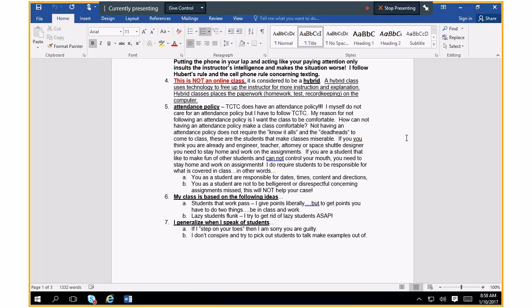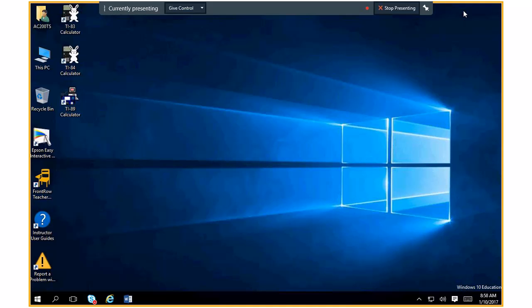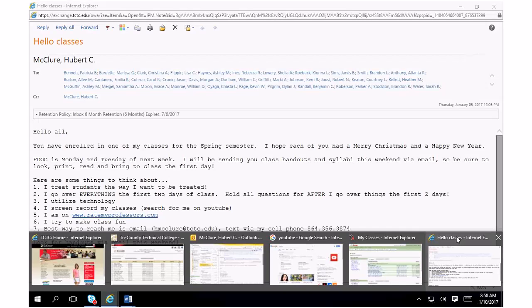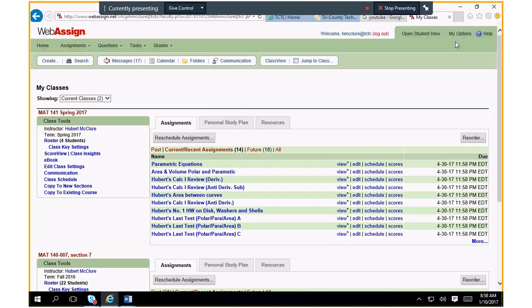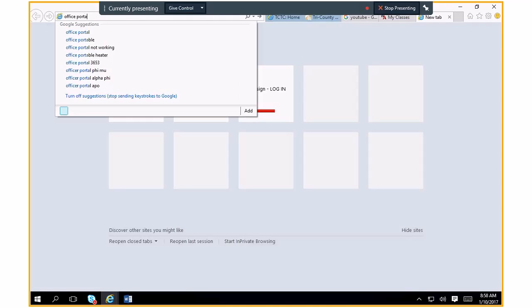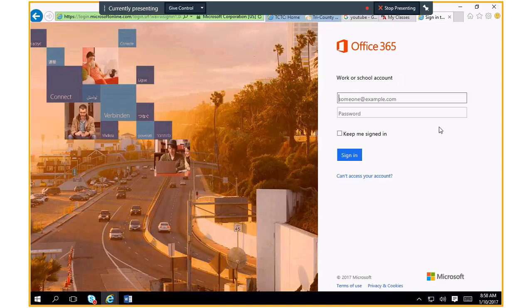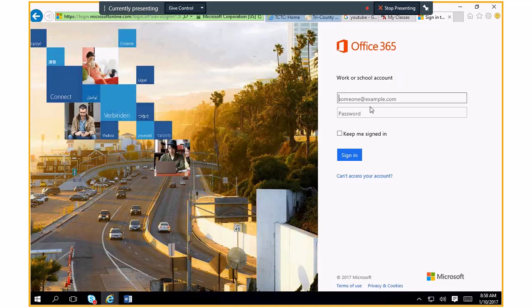Now, for those of you that don't know, if you want to go to Skype, everybody has access, and you can download up to 5 computers. Some of you may not know that. You go to the internet and pull up Office, just Google Office Portal. I think it looks like this right here. Type in your TCTC email, and when you hit tab to go to password, it's going to send you